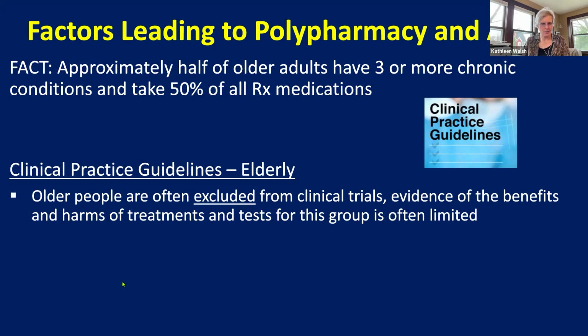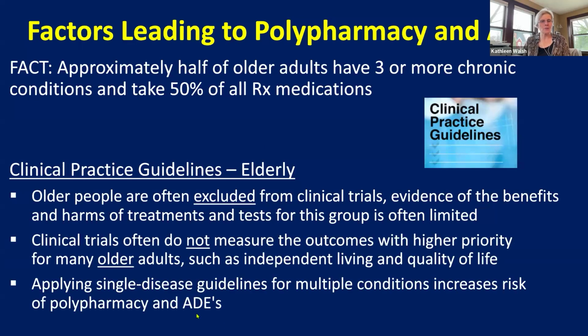We get to two more things here I put down. The clinical trials do not measure the outcomes of higher priority in older adults, such as independent living and quality of life. So if you put them on a diuretic and they're urinating all the time, the timing of that diuretic, do they really need the diuretic? Because that's impacting their quality of life. But if it's needed for heart failure, yes. So we go through all of these medications and try to either decrease some, or tease out what time we put them during the day. It's so, so important. Medications, I can't tell you how much this will affect someone's life if they're not looked at on a regular basis and identified which ones they really need.